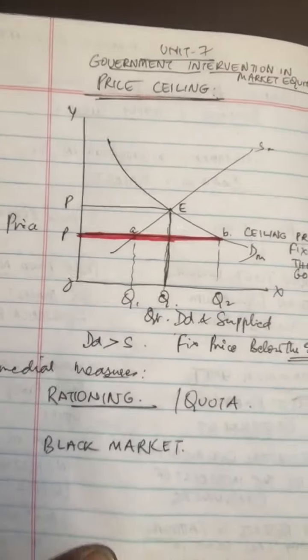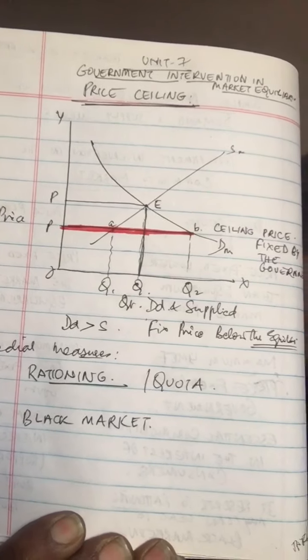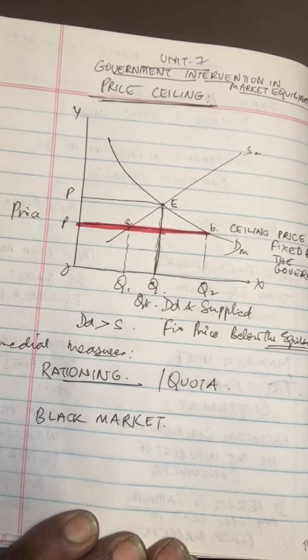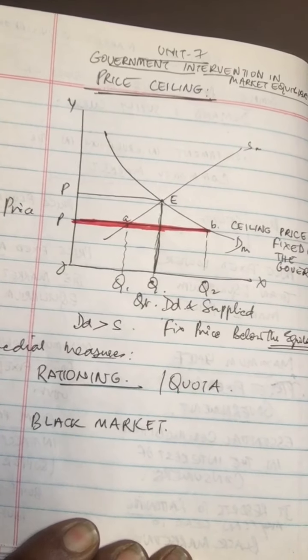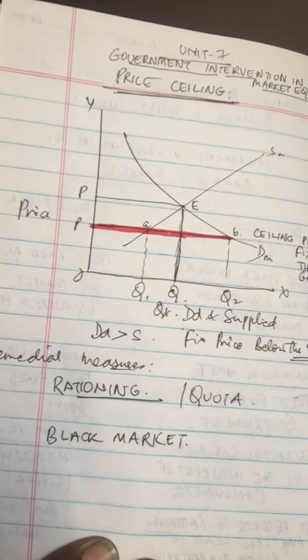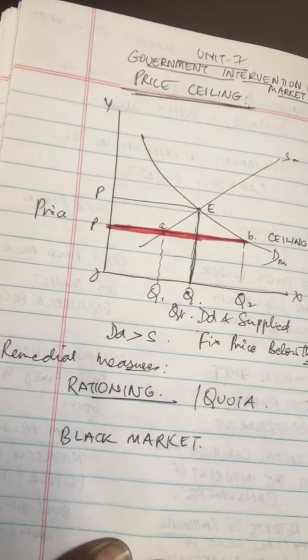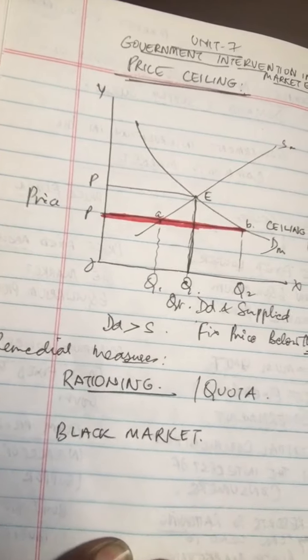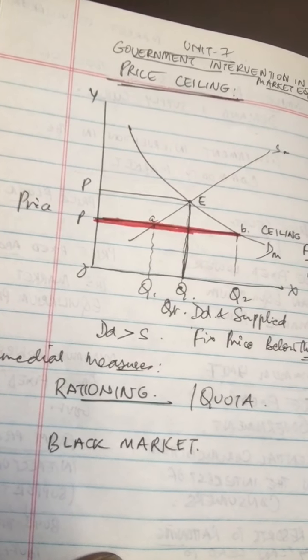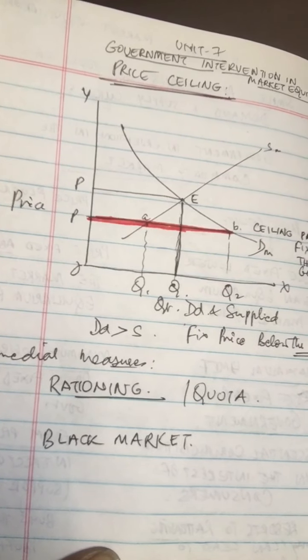So here, just have a look. This can be explained with the help of this diagram. The line that I've drawn, the price which is below the equilibrium, that is a ceiling price. Okay, so price ceiling. So we know in a competitive market, prices of goods and services are determined by forces